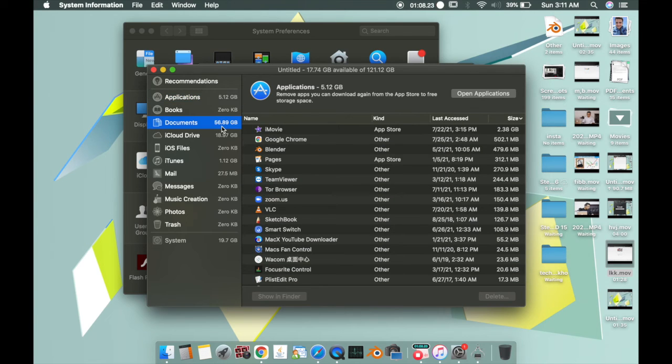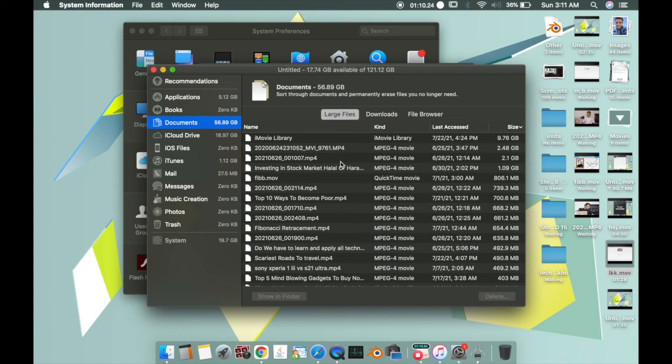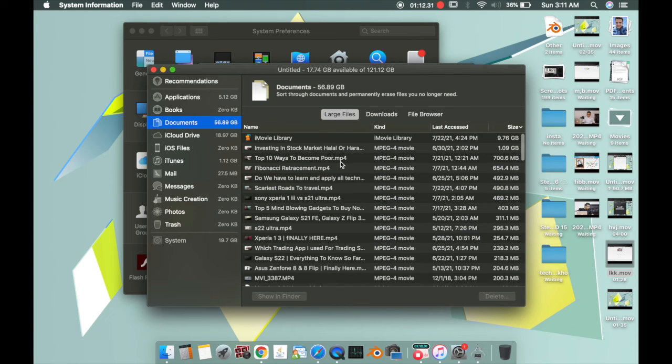In case you don't want it, you go to Documents and see what documents you don't need. Sometimes if you are a YouTube editor, you would see that your iMovie library is filled with a lot of crap. All you have to do is click on it, delete it, and that will make up a lot of space